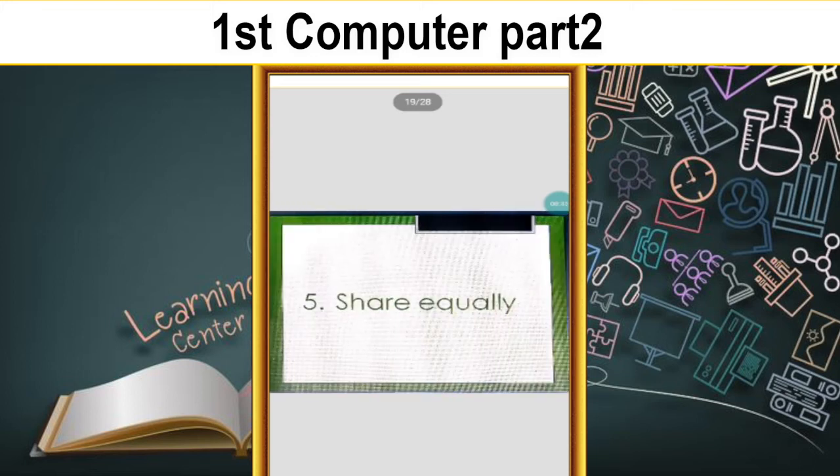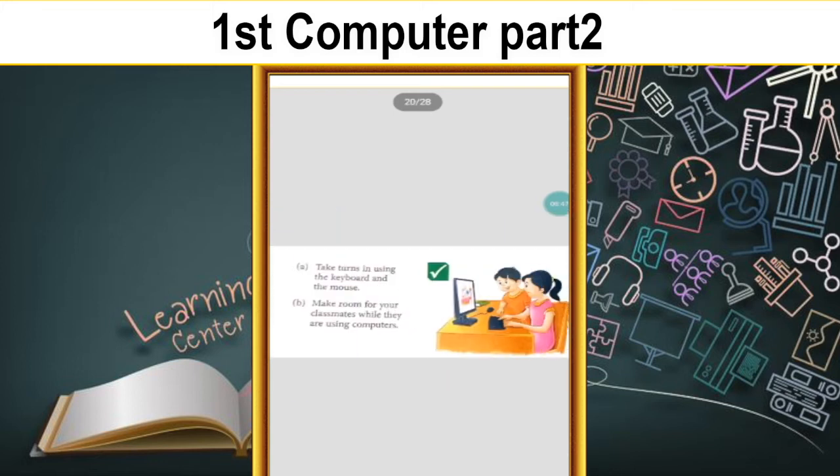Yes. Next, fifth one, share equally. If computers are not available in large numbers, if your work has completed, give it to your friend at the time. Take turns in using the keyboard and mouse.